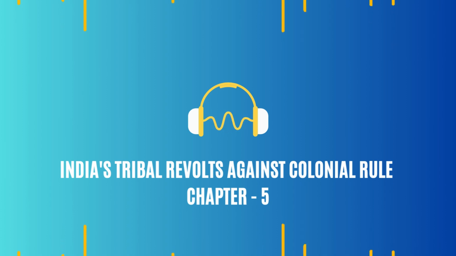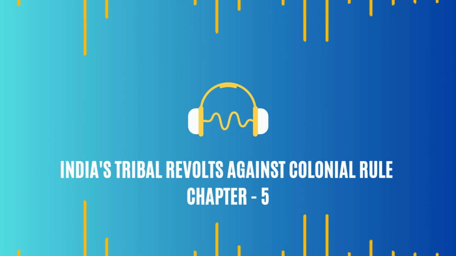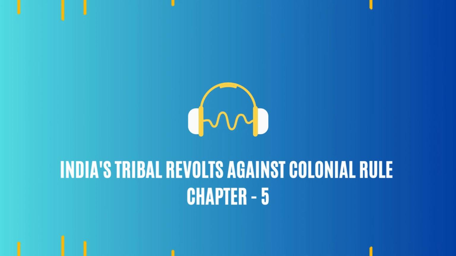So what happened? Did the Santhals succeed? Like many of these revolts, it was eventually put down. But even in defeat, it had a lasting impact. The British realized their policies had backfired, so they created a separate administrative region called the Santhal Parganas. Trying to appease them. You could say that. The Santhal Parganas was an attempt to give the Santhals some autonomy and acknowledge their land rights. They also reformed the land revenue system, tried to reduce the exploitation by the zamindars.